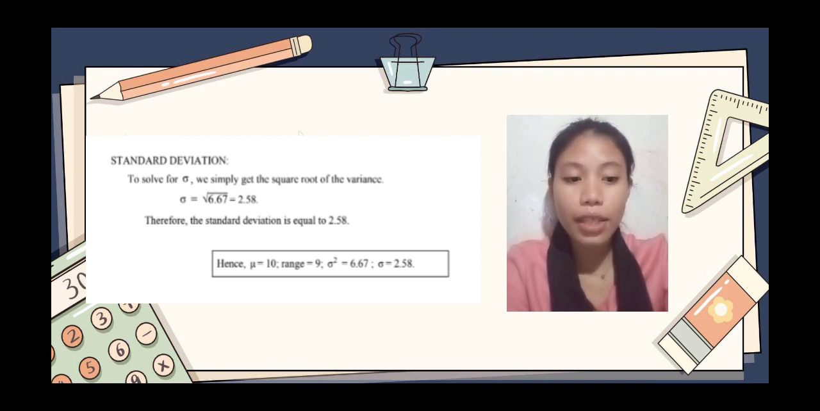Now, let's proceed to the last part, which is the standard deviation. To solve for the standard deviation, we simply get the square root of the variance. So, standard deviation equals the square root of 6.67 equals 2.58. Therefore, the standard deviation is equal to 2.58. So all in all, the mean is 10, the range is 9, the variance is 6.67, and the standard deviation